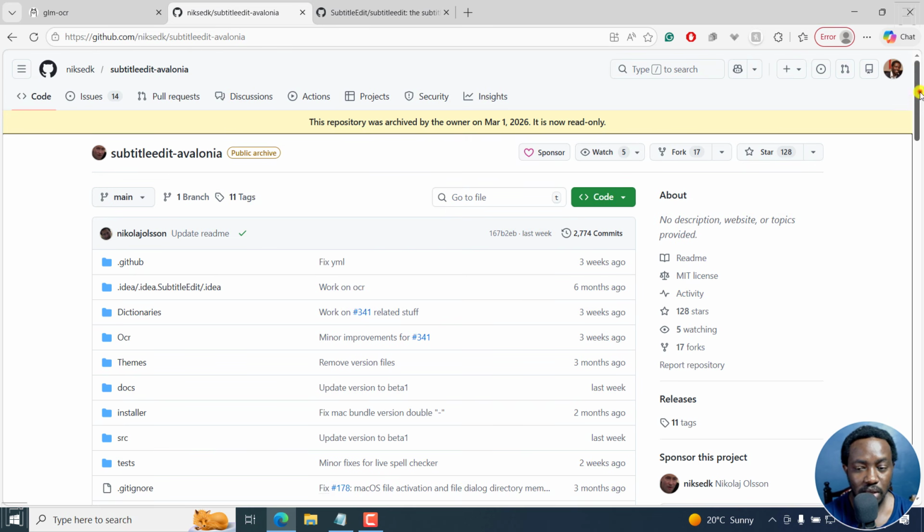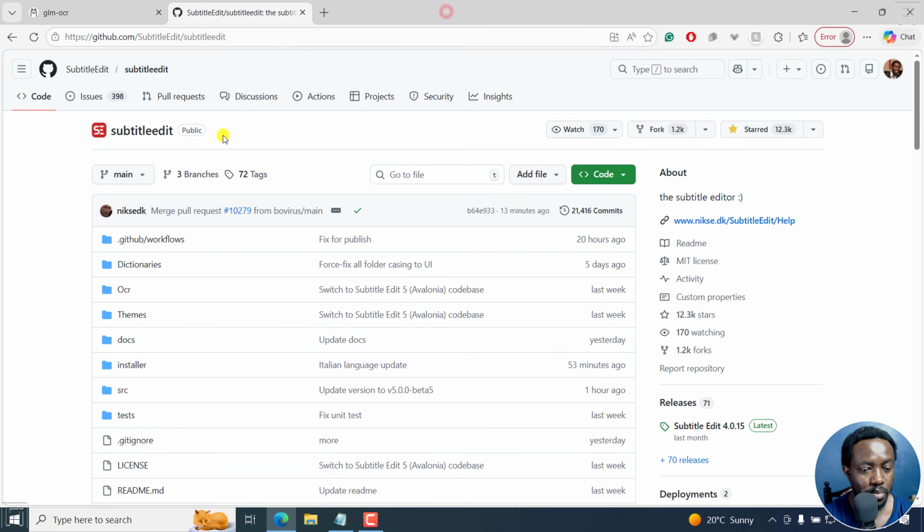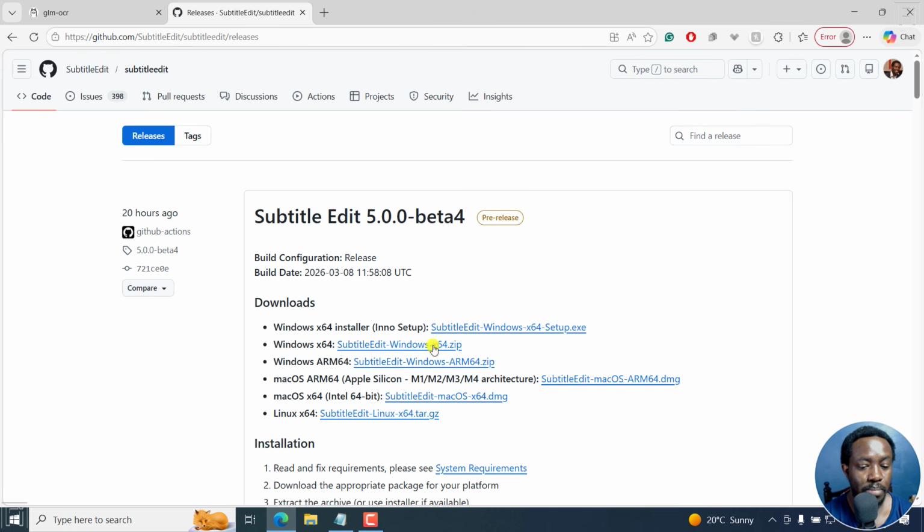So this has been archived right there, and the new home obviously is the Subtitle Edit page right here. So as you can see now, development is obviously ongoing. You can see the releases. This is for 4.0.15, and if I click on the releases section right here, there is the beta option,